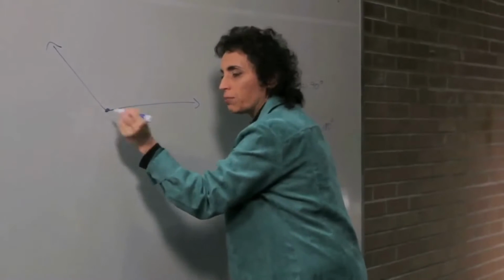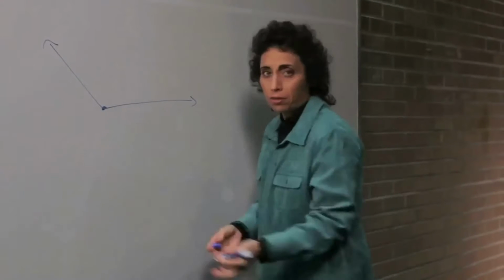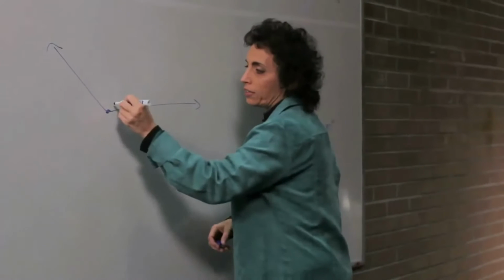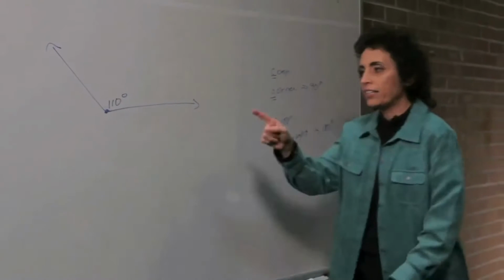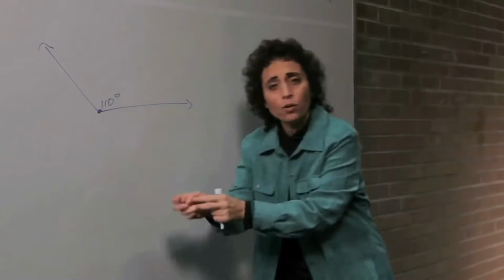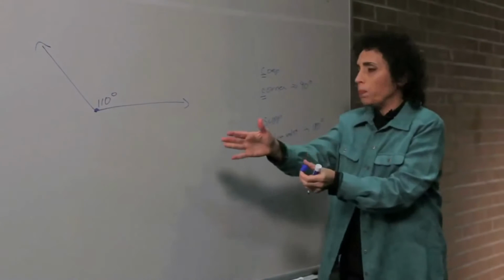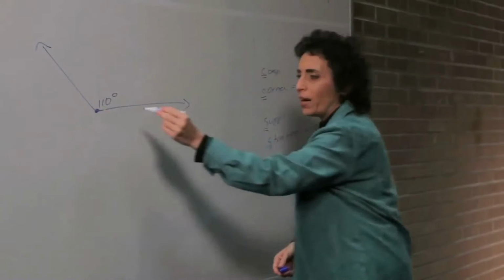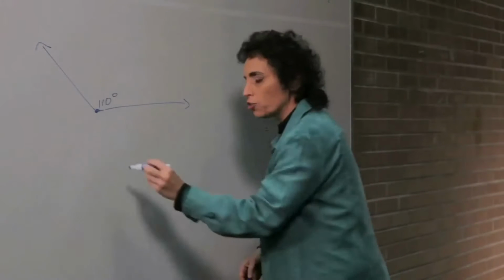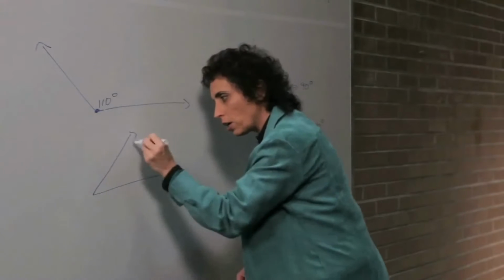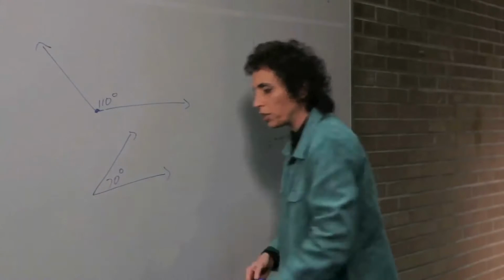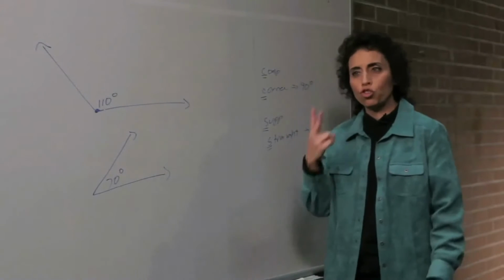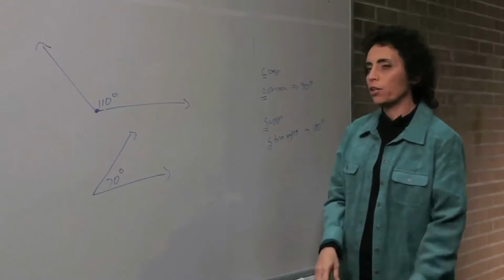Okay, obviously this is an obtuse angle, more than 90 degrees. So let's say I don't have a protractor, so I'm just going to take a whack guess at this. Let's say 110 degrees, and let's say I wanted its supplement. Well, there's only one angle there, but I can still find its supplement by finding the angle that adds up to 180. Okay, so I know I need a 70-degree angle to do that. So I know I need to have another angle that's 70 degrees. And I'm not certain that's 70, but I know it's less than 90. So here are two supplementary angles. And remember, it's two angles that add up to 180 degrees.